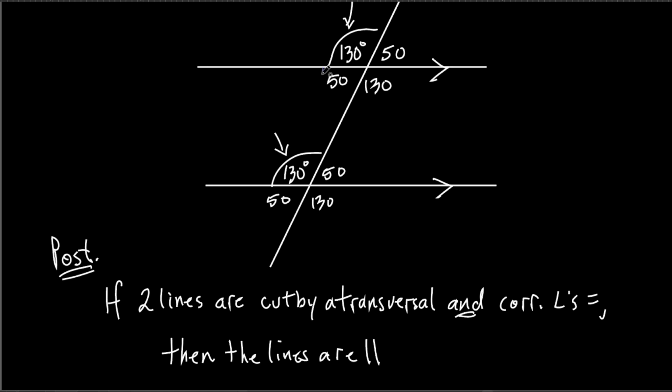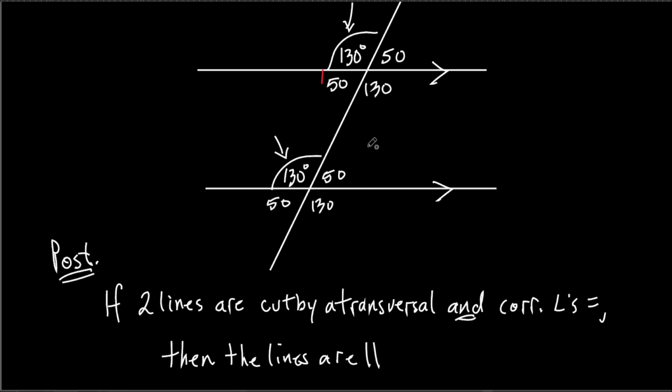If the alternate interior angles are equal, I'll just put it in red. Doesn't mean it's equal to the 130 because it's got one arc. They're just different. So if two lines are cut by a transversal and we don't know that they're parallel,